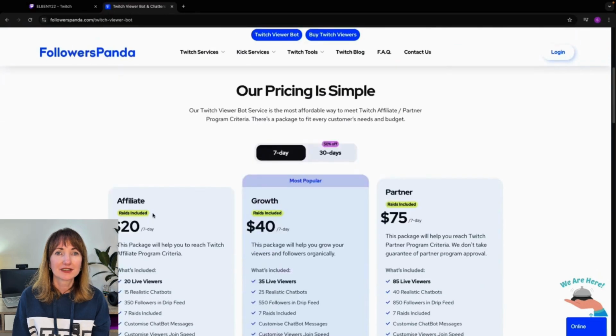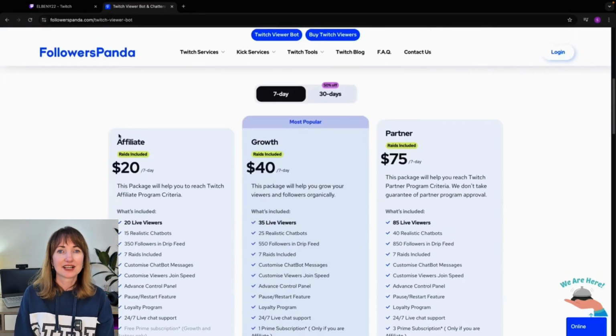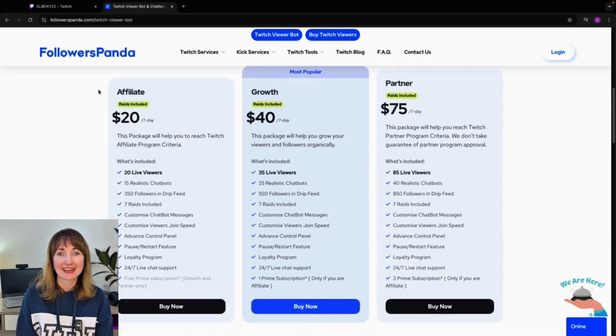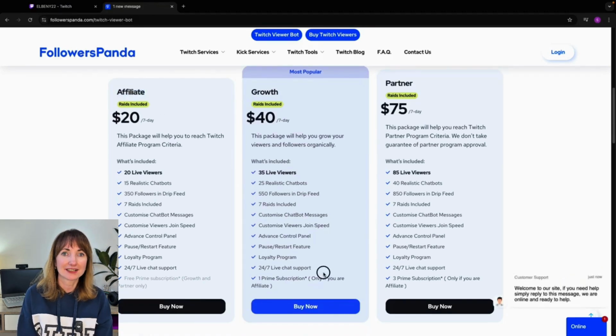Okay, so here you're going to find 3 plans. Each plan has its own price. For example, affiliate. This package will help you reach Twitch affiliate program criteria, and if you choose this program, ads will appear on the stream, so you're going to start making money. So it's a win-win. And here there is a growth plan and partner plan. If you want Prime subscription, it's only on the growth and partner plans. It's not on affiliate. For example, we're going to just choose the first plan, which is affiliate, by clicking